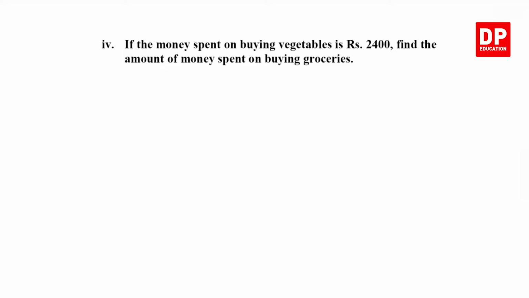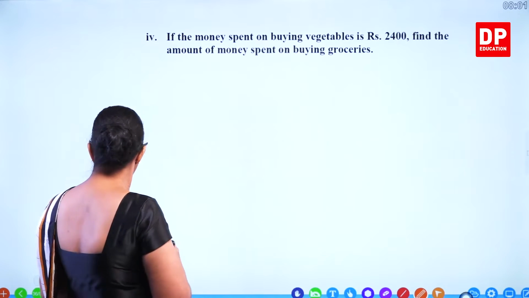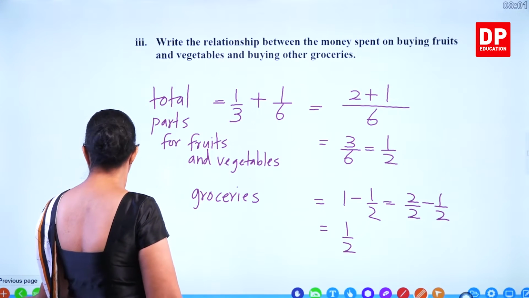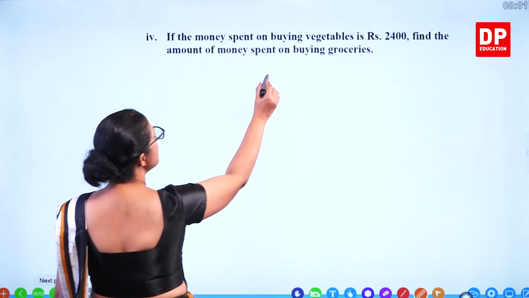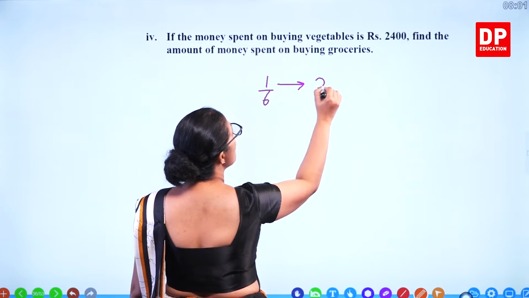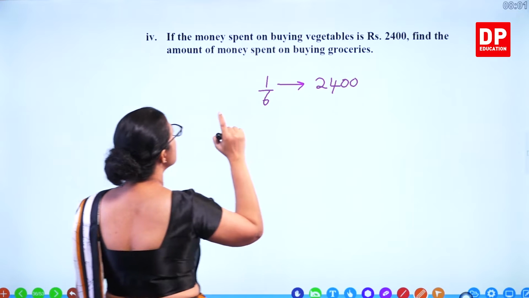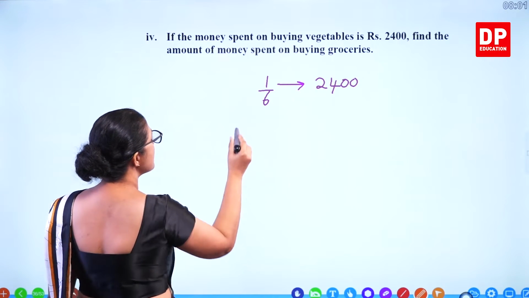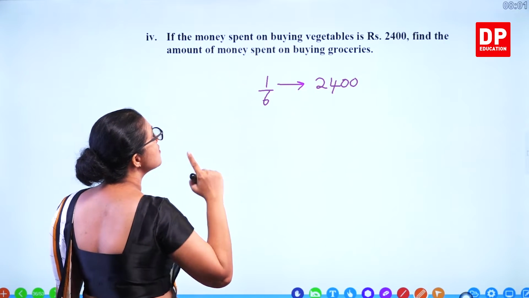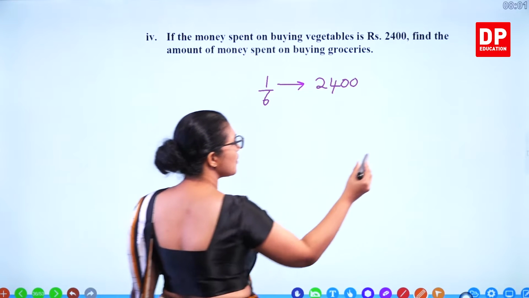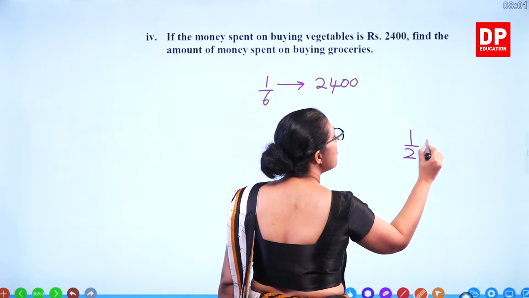Fourth part. If the money spent on buying vegetables is 2,400, find the amount of money spent on buying groceries. So vegetables. So how many parts for vegetables? 1/6. So 1/6 means 2,400 rupees. That's for vegetables. So money spent on buying groceries means half. So what is one part is this. And what is groceries means? Half, how can you write as base 6